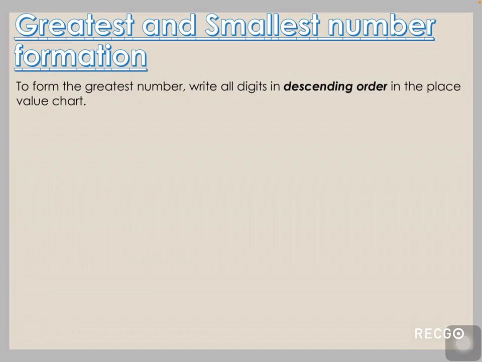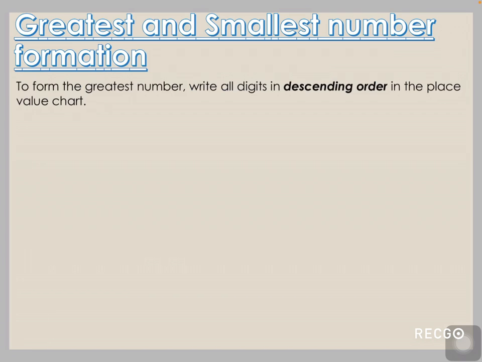Descending means decreasing order. I suppose you have learned in your previous class descending and ascending order. So for example, there is a ladder and you are coming down. So when you are coming down, that means you are decreasing. So from bigger to smaller you are going. So whatever the greatest number digit is given to you, that you will place at the greatest place value chart. At the greatest place.